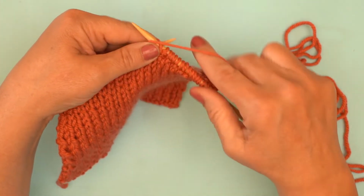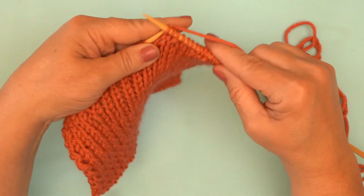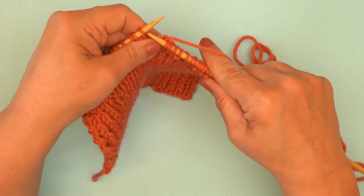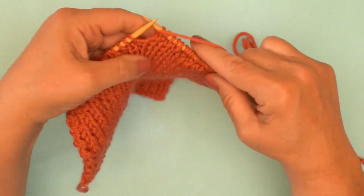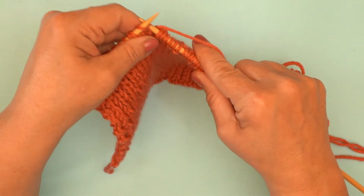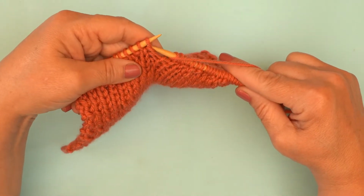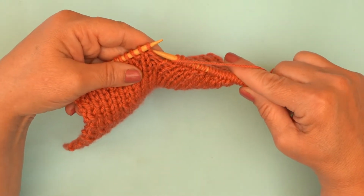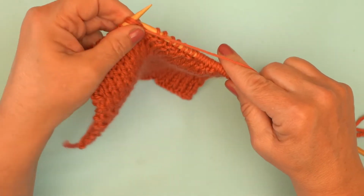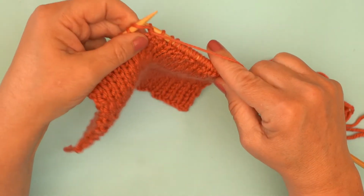So we do 1, 2, 3, 4, 5, 6, and obviously because we're going in even numbers here, it's going to come up as a purl again. So we've got the purl stitch, we're going to purl these 2 stitches together, and then the next stitch is a purl, so we're going to purl that one, 1,